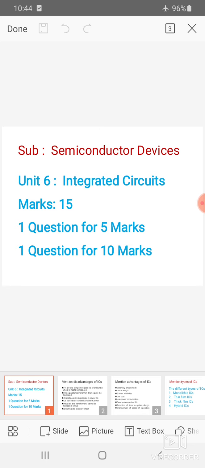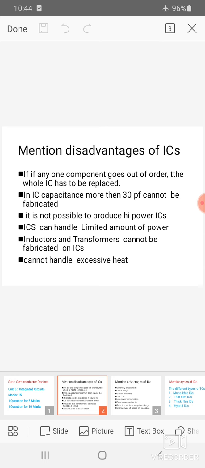Coming to the first question, before this question let me tell you what an integrated circuit is. The integrated circuit is a miniature circuit in which all the circuit components are etched into the semiconductor chip. As an example, in the laboratory you have rigged up circuits by using a breadboard and wire. You might also have used the printed circuit board for the circuit rig up. Those circuits are called discrete circuits.